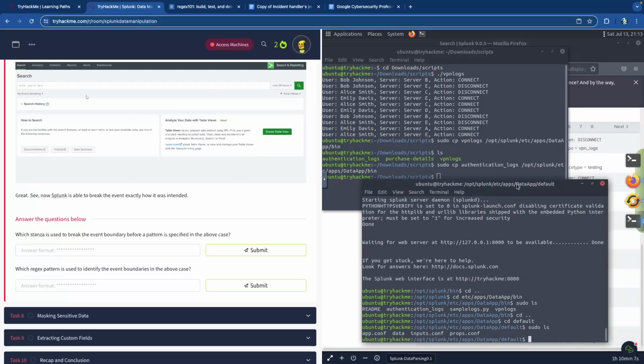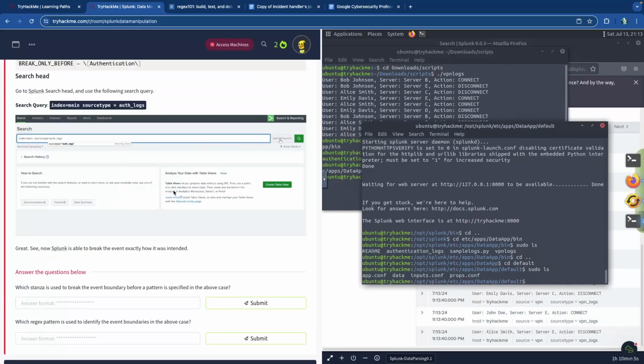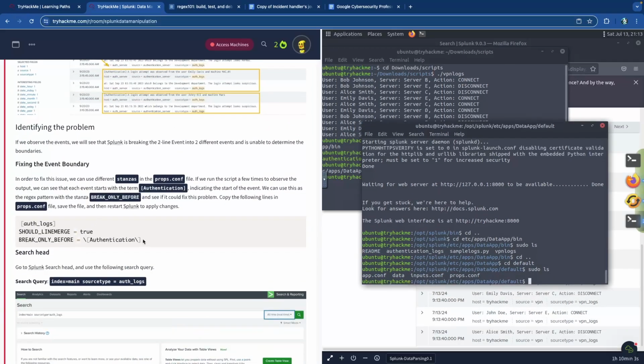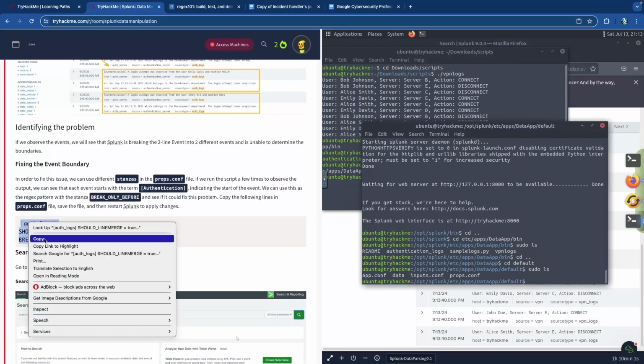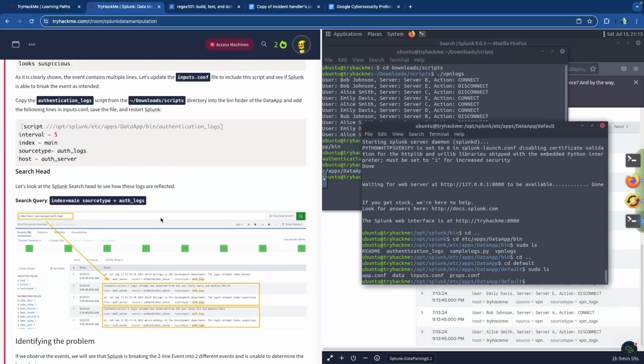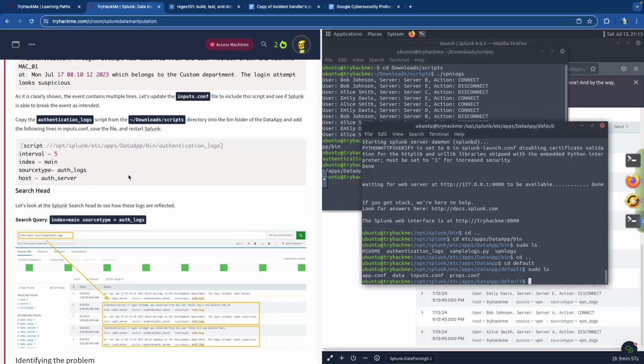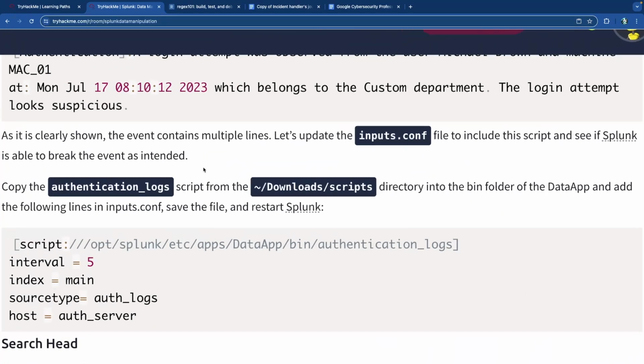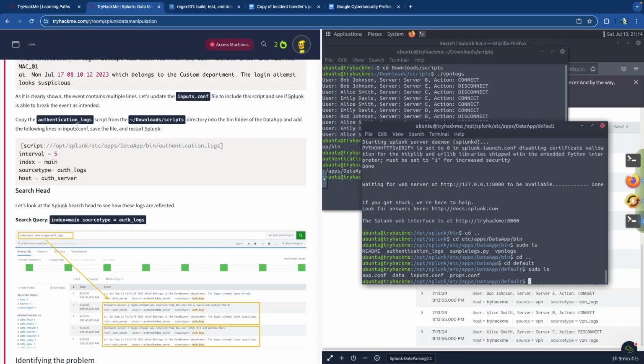So let me just bring this up a little bit. And then what we're going to do is copy and paste this inside of the props configuration file. Actually, yeah, I need to put that inside props configuration, but then I also need to, and it says I do need to restart Splunk. So I need to update the inputs configuration with this, and I need to update props configuration with the other one. So the first thing that we're going to do is sudo nano